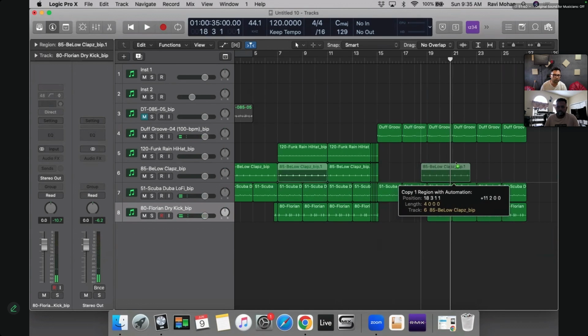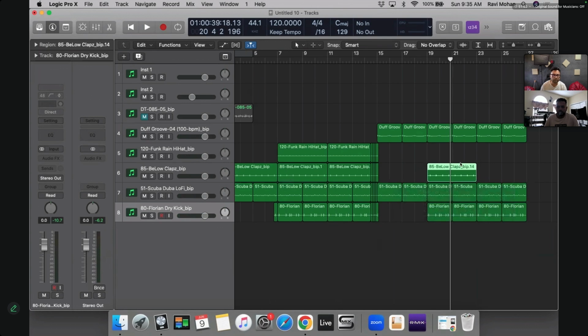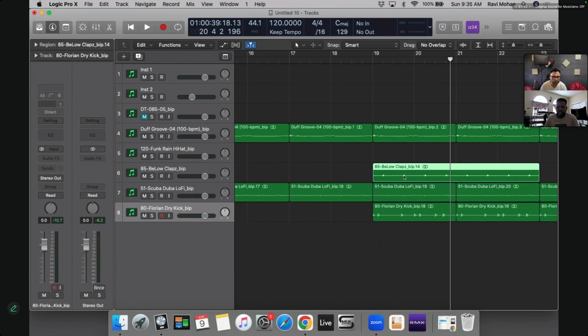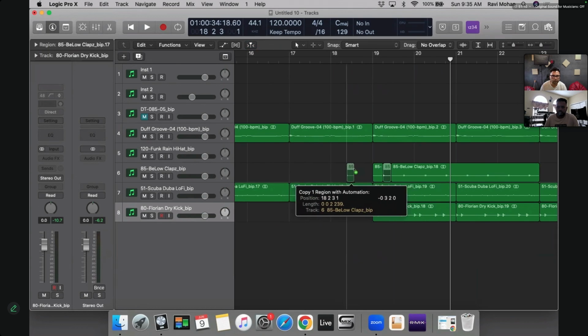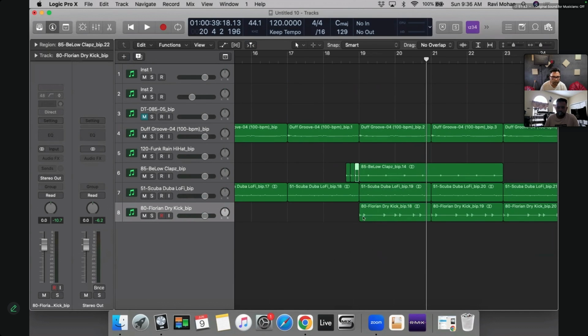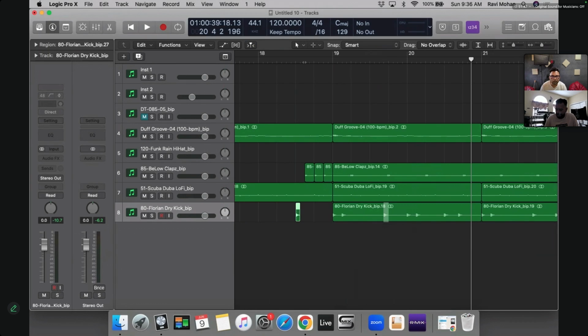Now this clap as well, and say I just wanted to copy this somewhere here, and let's say maybe just one kick, copy it, extend it.